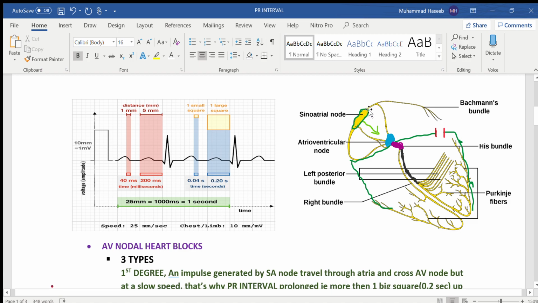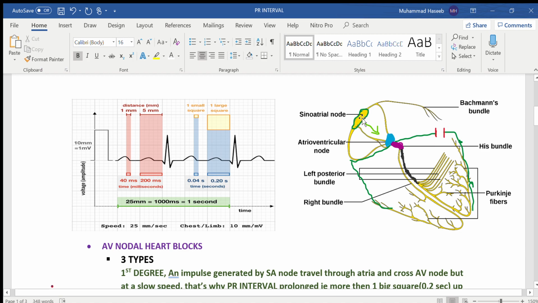Actually, your impulses travel through these bundles. These are the three bundles through which the impulses travel into this bluish area, which is your AV node. And this is the Bachmann bundle traveling into your left atrium. This is your left atrium, this is right atrium, this is left ventricle, this is right ventricle. And here is your bundle of His, and these are bundle branches. The left bundle branch is the blackish color. The yellow is your right bundle branch. Again, this is a brief review, and this is your bundle of Kent, which is utilized in the WPW syndrome.